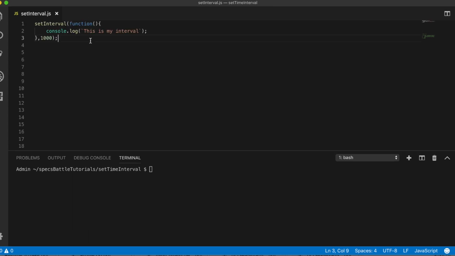Okay, so what we have here is a simple setInterval function. Remember, the setInterval function lives inside the global object, so you can call it right away. The first parameter we pass into the setInterval function is a callback function. This callback function will execute repeatedly. And then the second parameter is the milliseconds, or the time interval at which you want to repeat this operation. So we'll put in 1000 milliseconds as the second parameter, and 1000 milliseconds equals 1